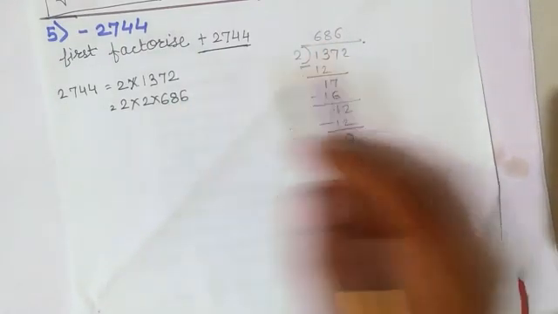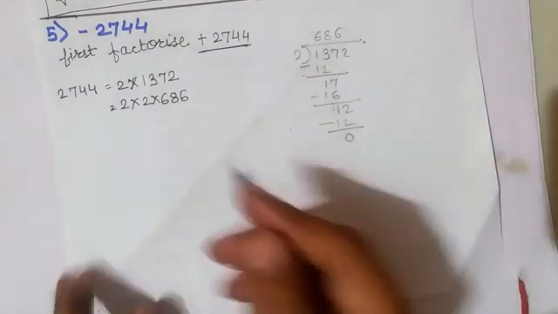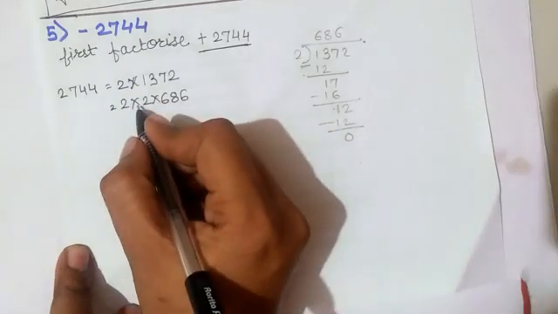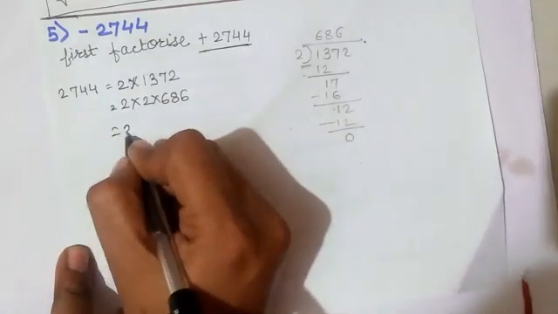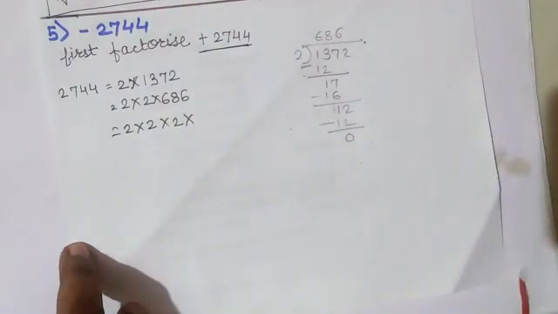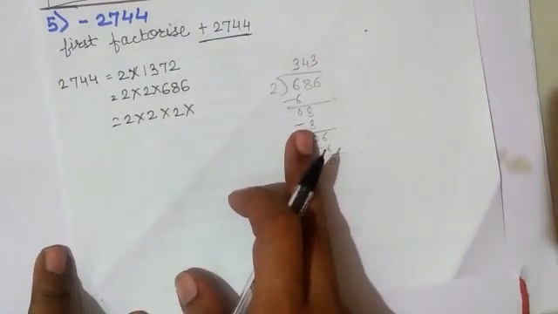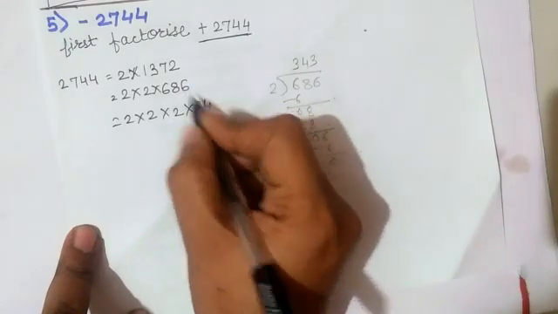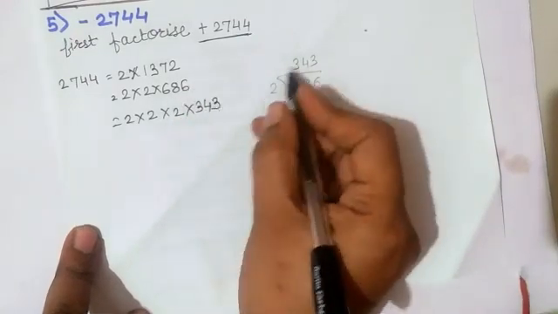686 that we have to write here. Now again 6 is there. It means in the same way we can use again 2 one more time. 2 into 2 into 2. You can also see here the rough work. 2 3s are 6, 2 4s are 8, 2 3s are 6.